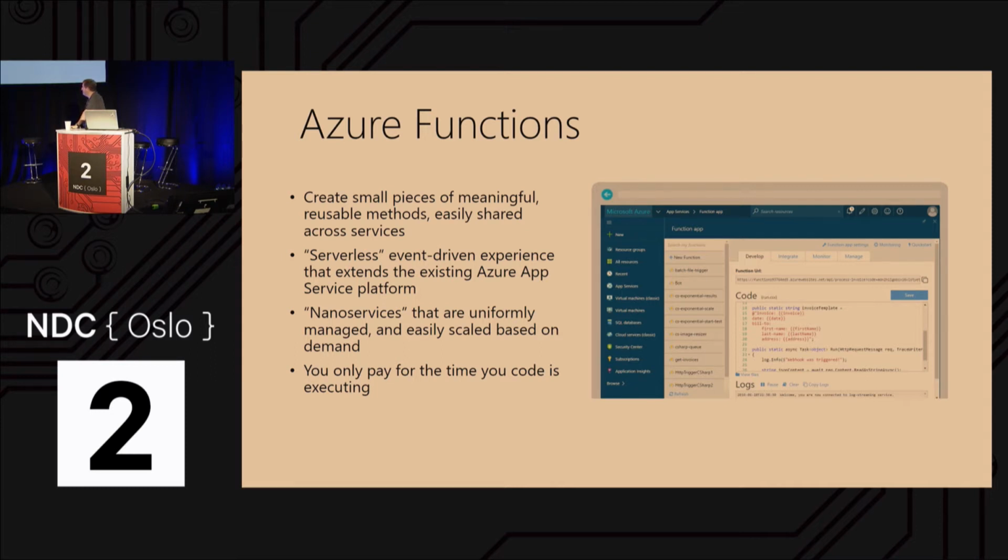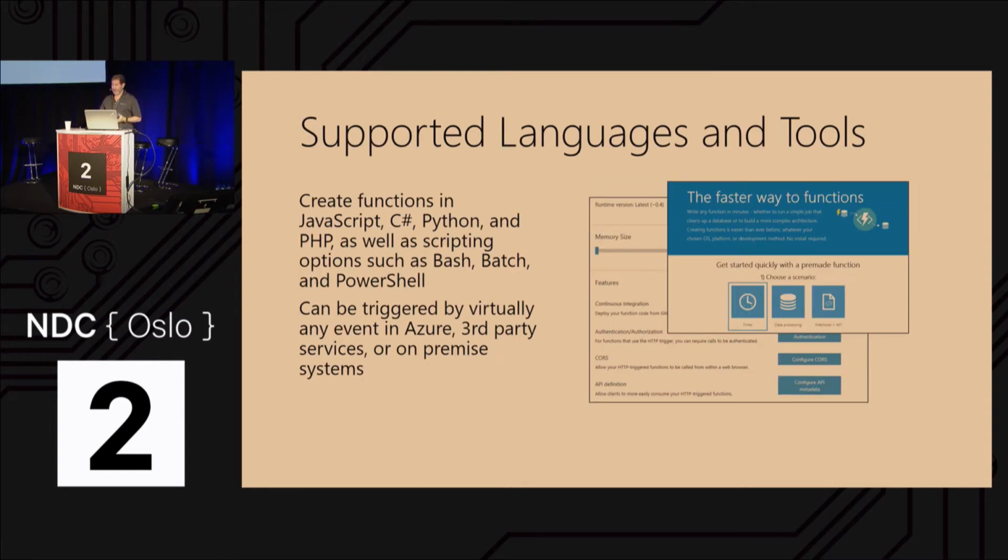And you only pay for the time that this code is executing. That can be different. I'm not an expert on Google and AWS, but what I've seen is that some of the other platforms have kind of tiers of service you buy. Like you buy this tier, and you pay for it as long as it doesn't go beyond X level. Then you pay for the next tier. On Azure, it's just time slicing. It's like going back to the 70s. It's just paying for whatever time slices you're using on this function. So it's pretty cheap.